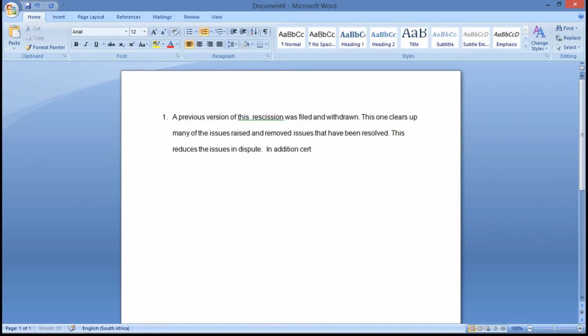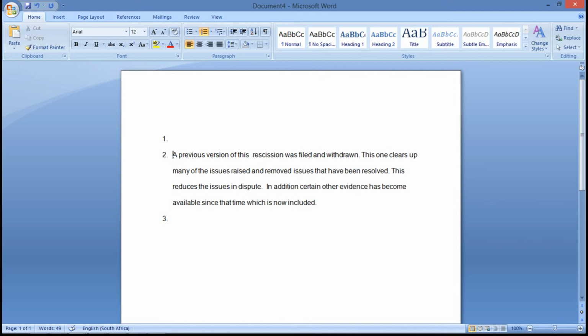In addition, certain other evidence has become available since that time, which is now included. So you kind of explain why you are bringing a new application. So you're now going to go through the previous heads of argument and cover the issues